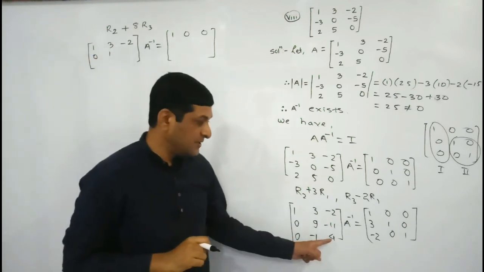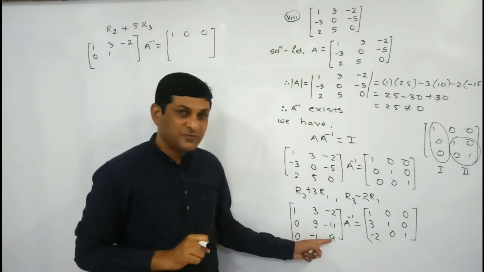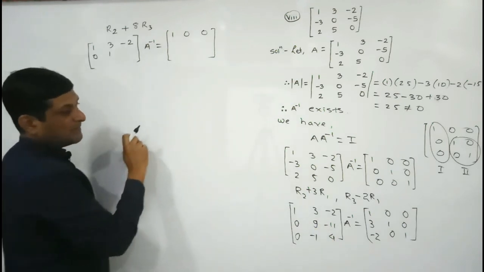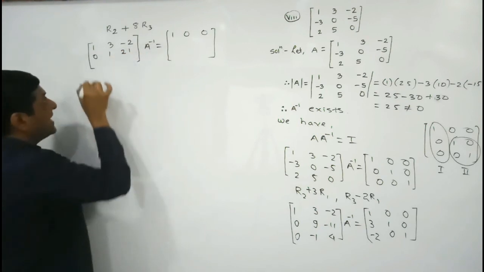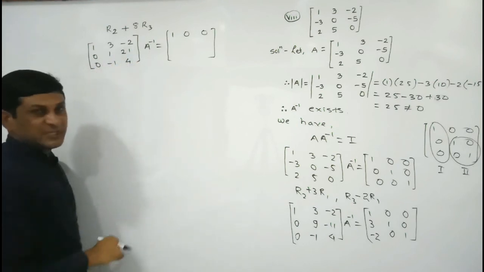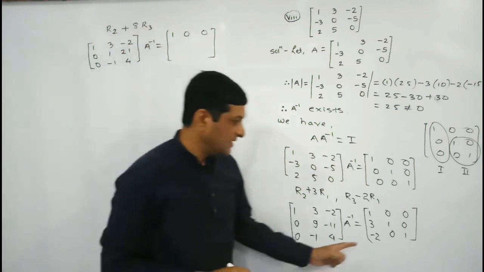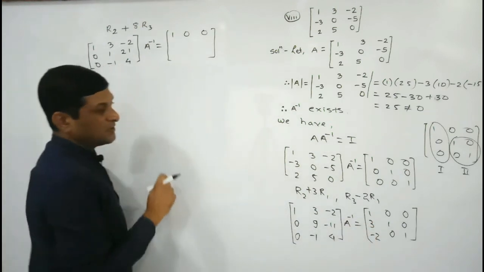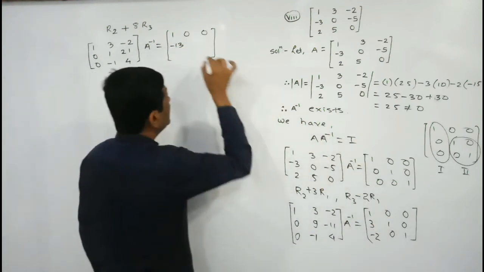Multiply here by 8. 8 into 4 will be 32. So 8 4s are 32. 32 minus 11 will be equal to 21. So keep the elements of R3 as they are, 0 minus 1 4. On this side also perform the same operation on the elements of R2. We are using the corresponding element of R3 and multiplying R3 by 8. So multiply by 8, we will get minus 16. Minus 16 plus 3 will be equal to minus 13. Then multiply by 8, 0, 0 plus 1 will be equal to 1.